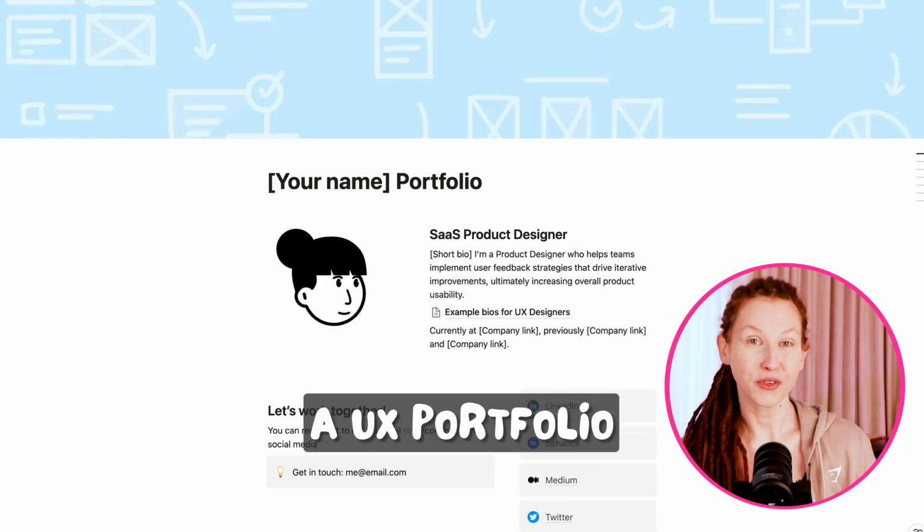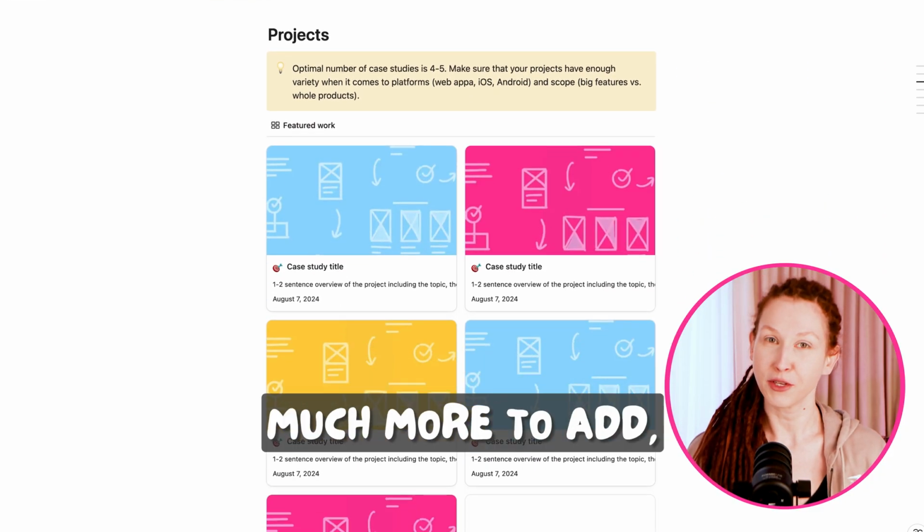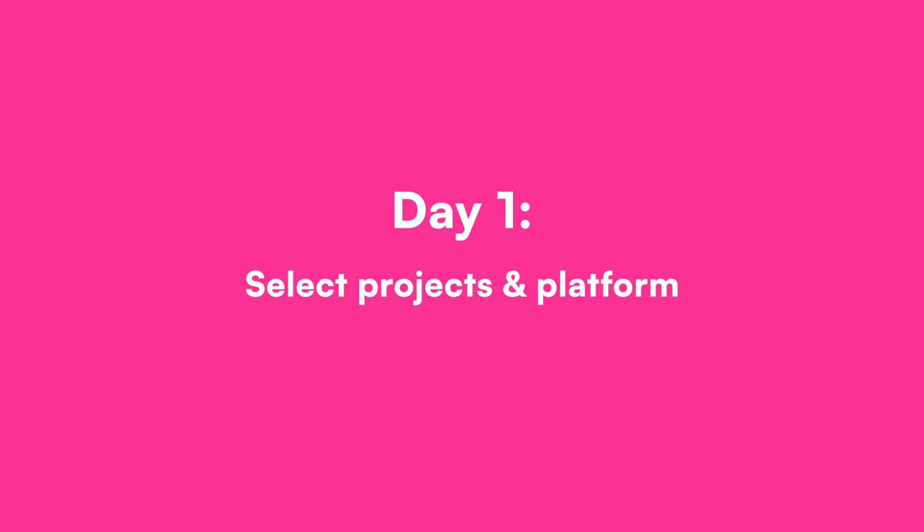We are building a UX portfolio in just 7 days. There is not much more to add, so let's just start. The first day is about selecting the right projects for your portfolio and figuring out where and how you're going